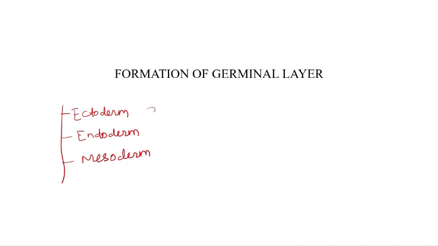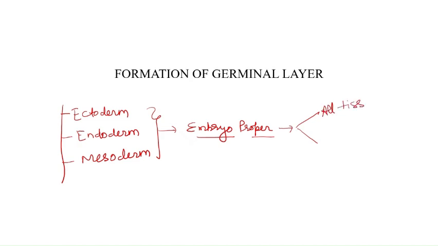Formation of germinal layer. There are three germinal layers: ectoderm, endoderm, and mesoderm. All these three layers are derived from the embryo proper, and it will give rise to all the tissue of the body, all the tissue of the human body, as well as the